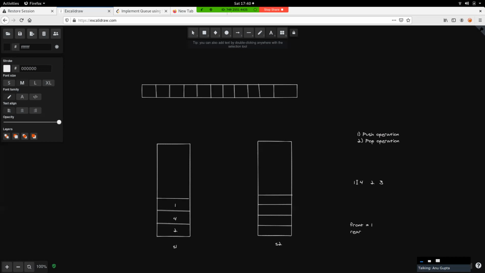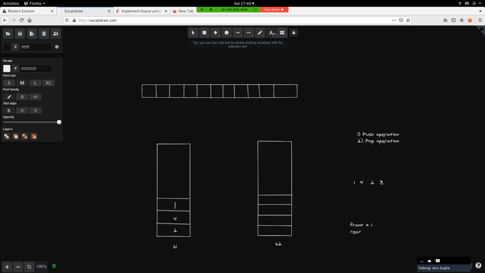So 1 was inserted first, remember, and we had this front also as our one element here, right? So what we can do is we can simply take this value out, whatever is at the topmost element, and we can just pop it out, right? The top of this main stack will help us in removing this element. That means it can be done in order of 1, right? We can just pop the topmost element.